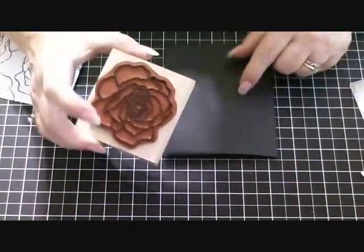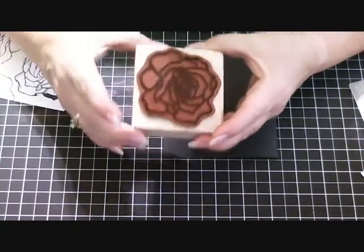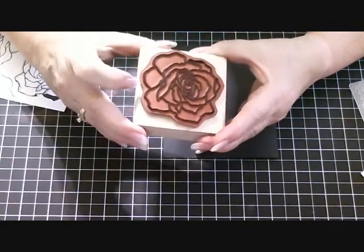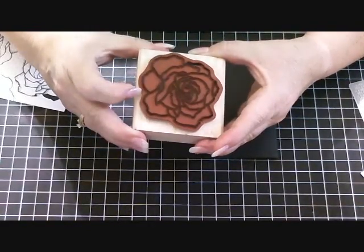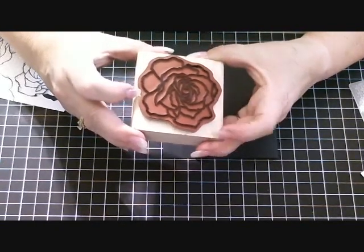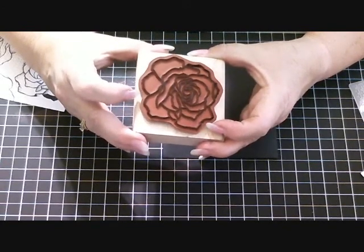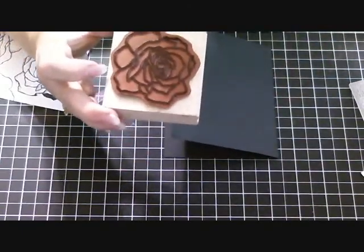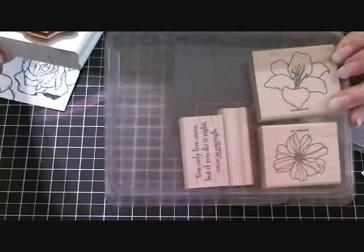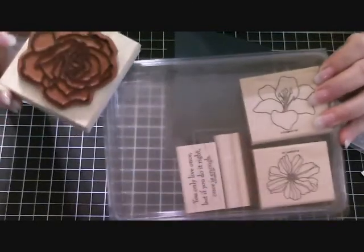Now, you can use the stamp set like I did and squish it or smush it around a little bit. That's a technical term, smush is. Or if you don't mind it being real thin, you can stamp it real thin. Or you can use your digital studio, and you can buy this stamp set download, and you can make your roses or any other part of this stamp set for the digital studio,